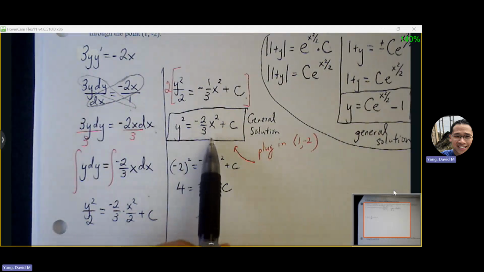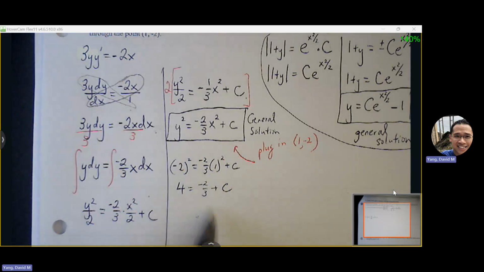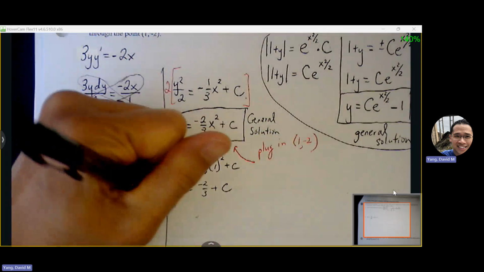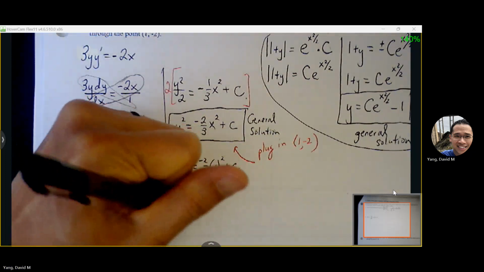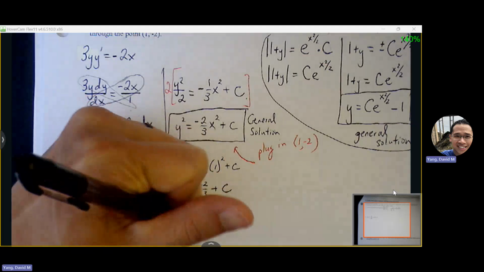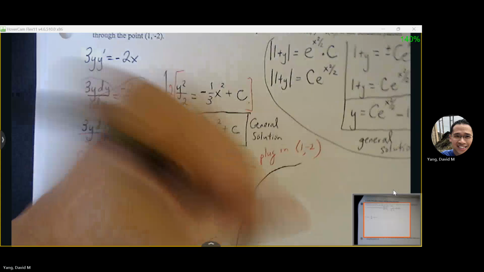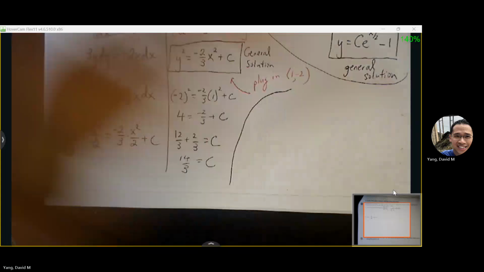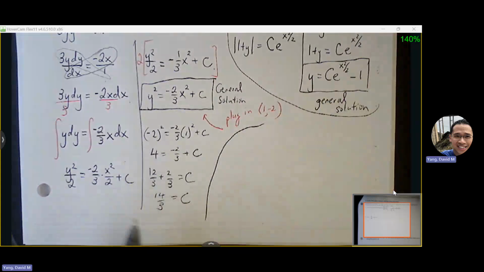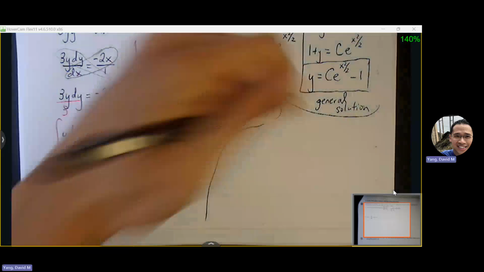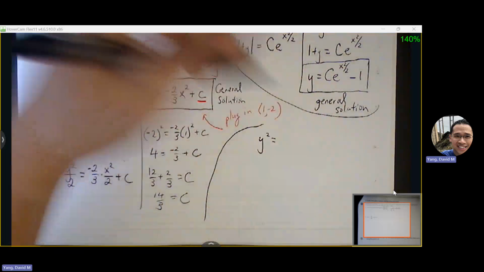-2 squared is 4. -2/3 times 1 squared is -2/3. If I add 2/3 to 4, that's the same thing as 12/3 plus 2/3, which is 14/3. I have my c value. I'm going to update my c value with the number that I just found. So y squared is equal to